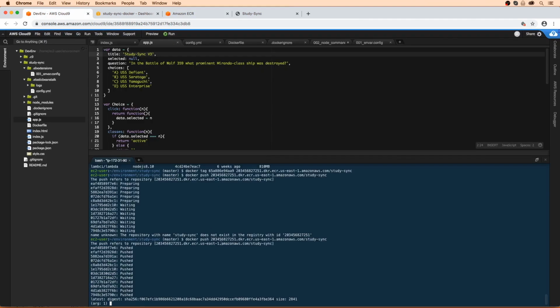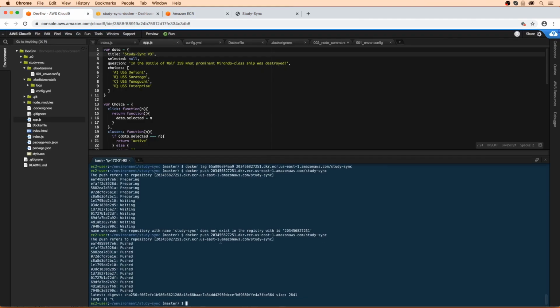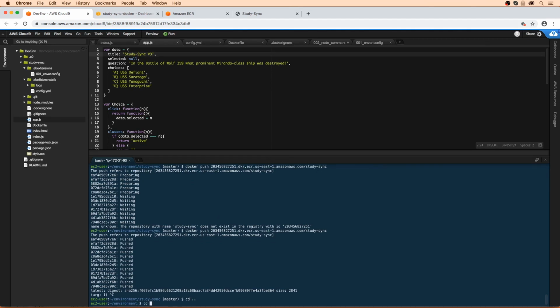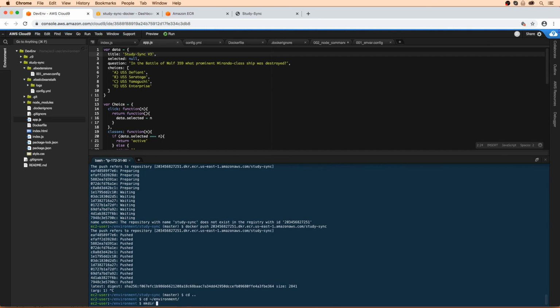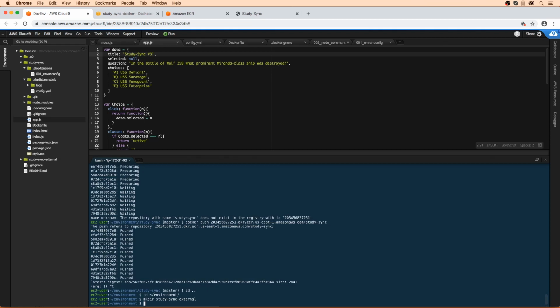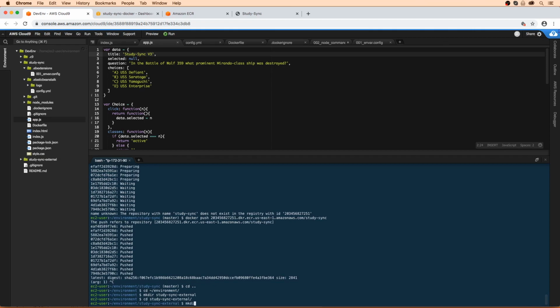And the next thing is to prepare our next environment here. And instead of working with this one, because it's going to be a lot of work here, we're just going to make a new folder. So go to cd tilde/environment, and we're going to make a new directory, and we're going to call it study sync external. And what I want you to do is make a new file in here. So we'll just cd into this, and we're going to call it docker